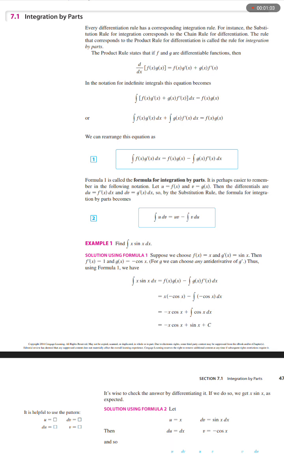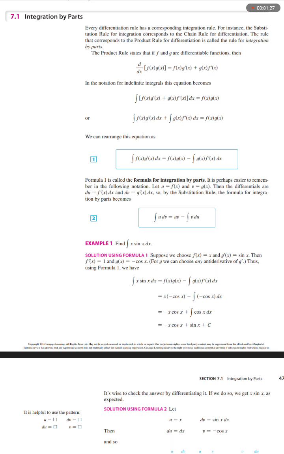In the notation for indefinite integrals, this equation becomes the integral of [f(x)g'(x) + g(x)f'(x)] dx